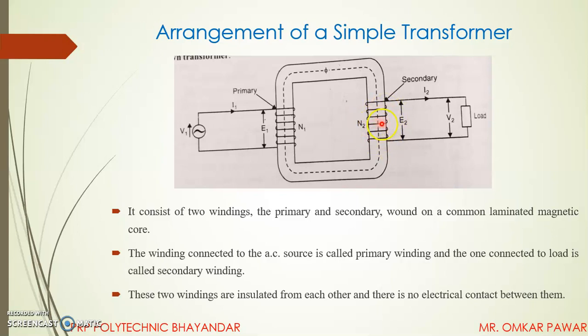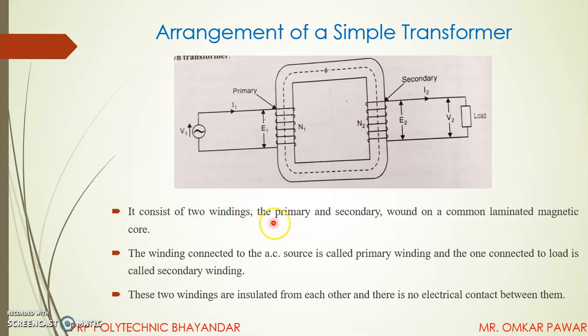And if there is a load connected to the secondary side, that is, this secondary side is a closed path, then there will be current flowing through this load. So the electrical power given to the primary side changes into magnetic power, and that magnetic power again links with the secondary side circuit and induces electrical power without changing the frequency.